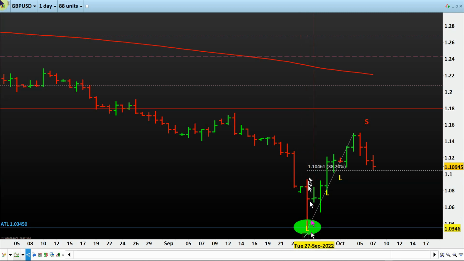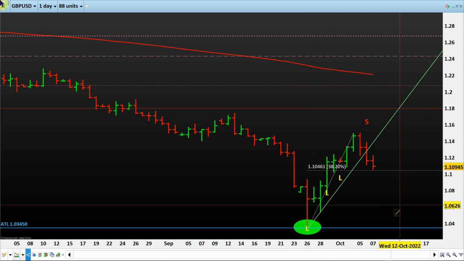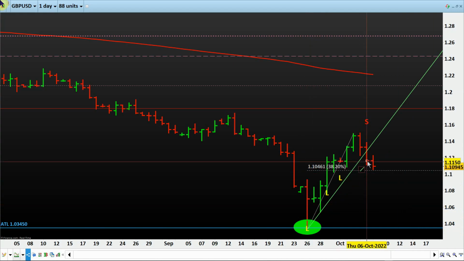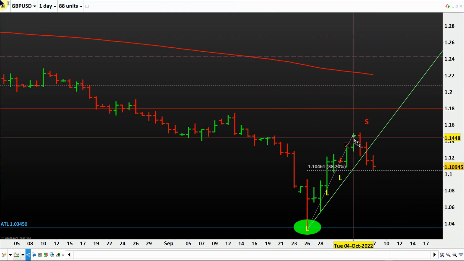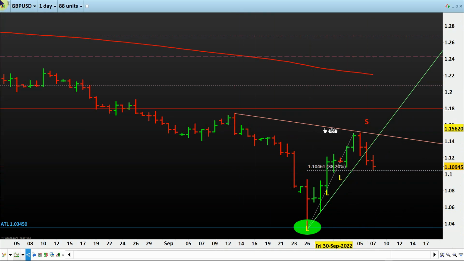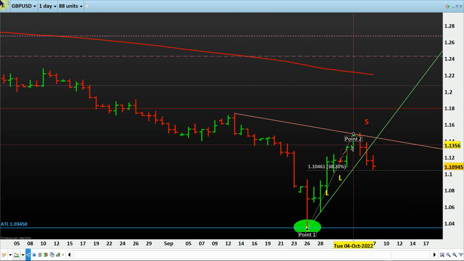If we believe in that, so what we can do is either select this as a swing low and this swing low, and draw this line. So this is the trend line to the upside, and it is broken here, and the downside price is here. This is the swing high, and then this is the swing high. I'll draw this. I think this high is higher, isn't it?